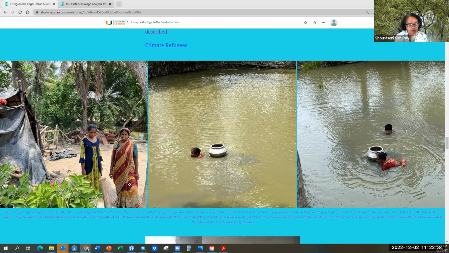The government evacuated them to the closest big island, which is Sagar Island. They don't have as many facilities. As you can see, they have a plastic tarp with some bamboo poles. That's their house. This is her daughter. She goes to a local school, but they live in a part of Sagar Island which is on the edge of the island. So they are again very exposed to rising sea levels. They have moved from one island which was already very vulnerable, almost like from the frying pan into the fire.